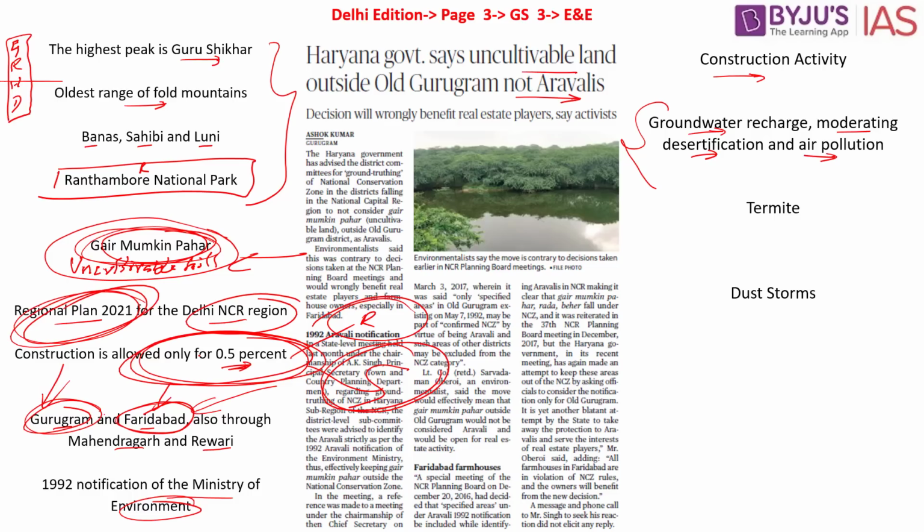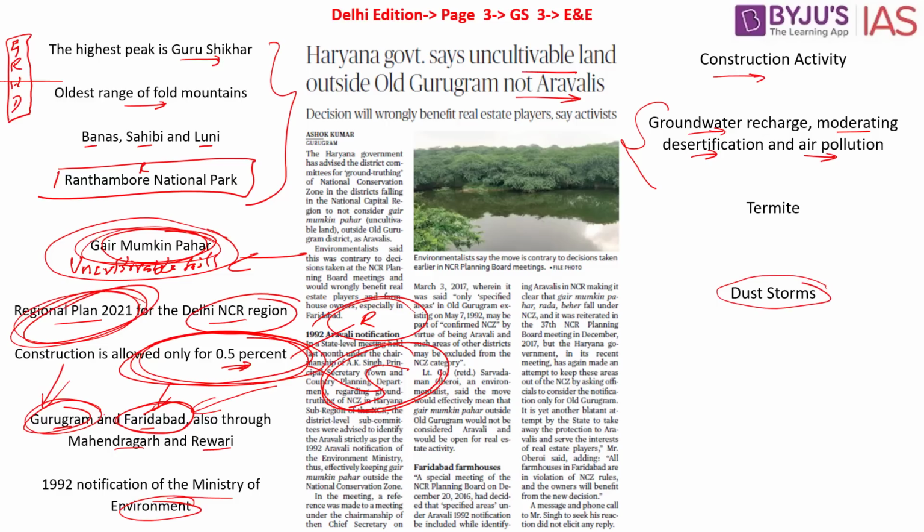This may not happen in Gurugram, but there is construction activity which can start off in this particular region of Faridabad, and as a result the groundwater depletion will happen. There will be increase of desertification, and as a result what we will see is more dust storms from Haryana